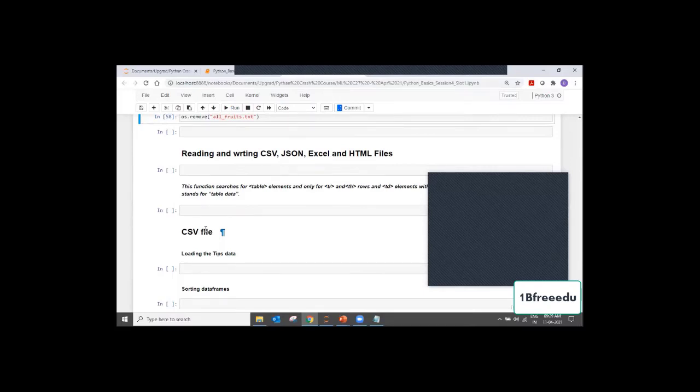So we're going to use the pandas library now to read and write to various other formats. Instead of writing simple lines, now we will shift our focus to the type of data that